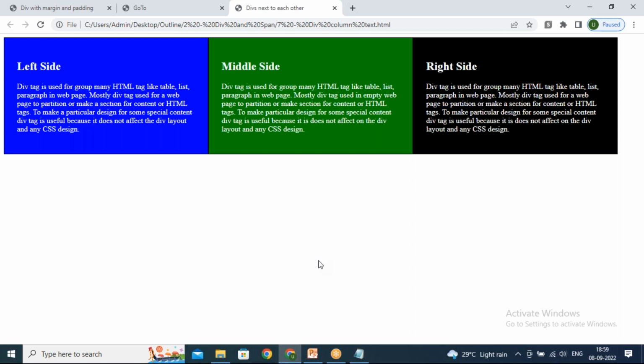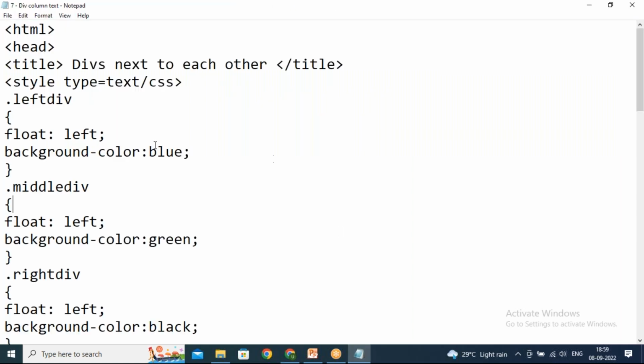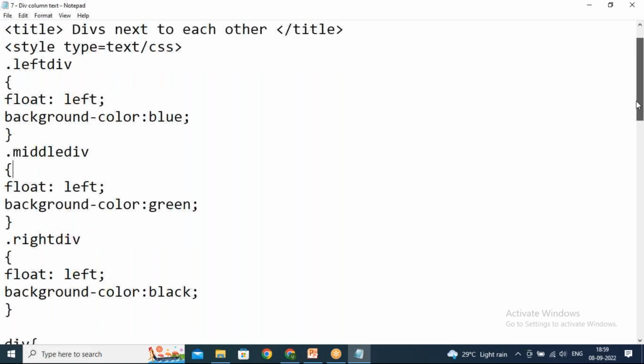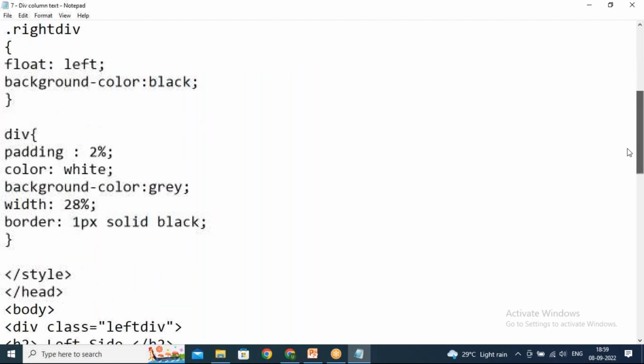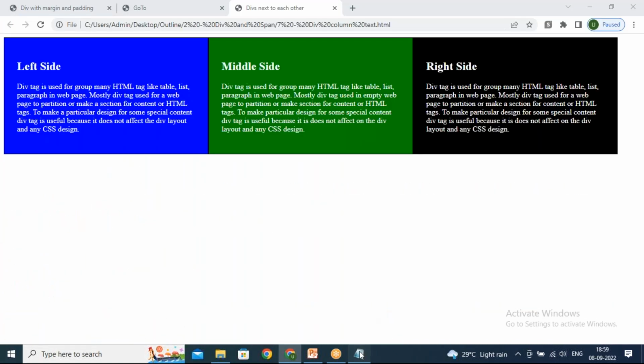Now I don't want it in that way. I want all the 3 paragraphs to appear one next to the other. So for that we'll be using this div and the float property. Basically what I'm doing is, I have 3 different divs, and within each div I have the paragraph heading and the paragraph: left, middle, right,